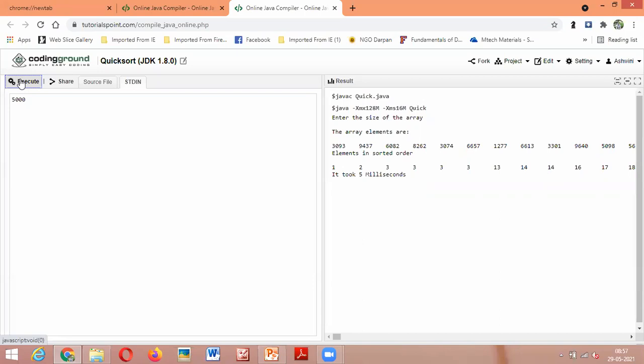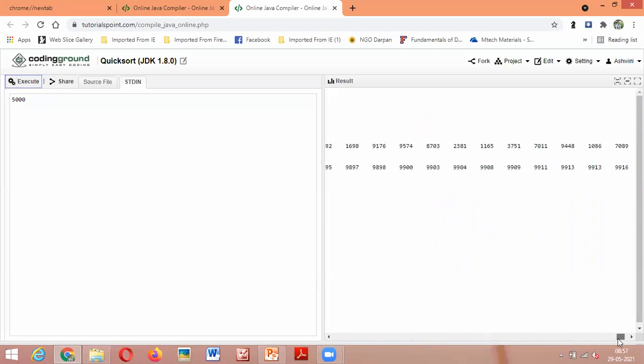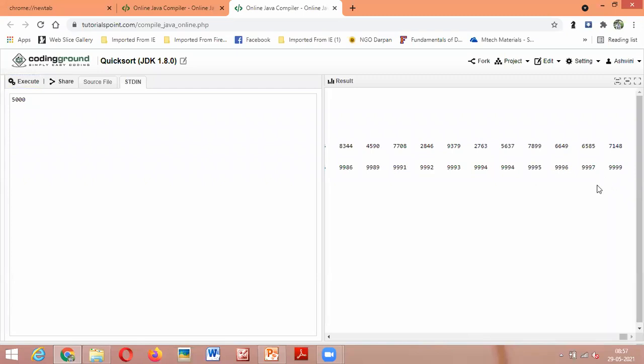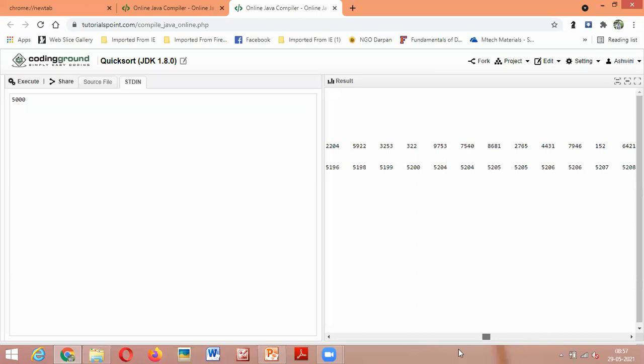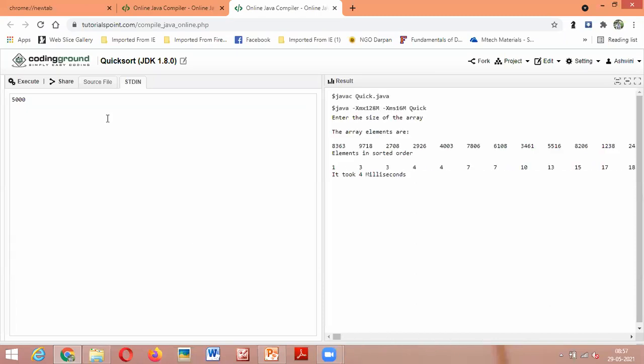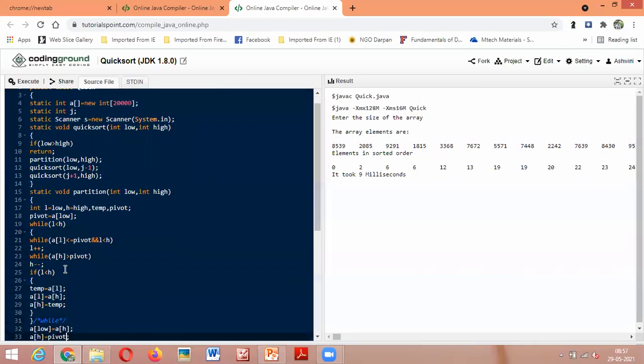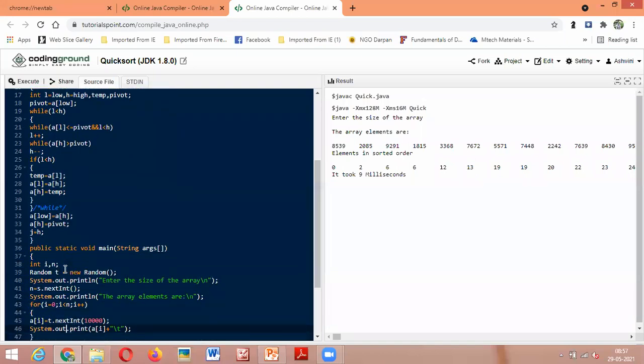You can notice here 5,000 values got generated, right? And the last number is 9999. That is because of the seed we have given, 10,000. Within 10,000 it has to generate values, not more than that. Here, I'll show you what happens if I remove that seed. I'll not give any seed for this. I'll just remove the seed.